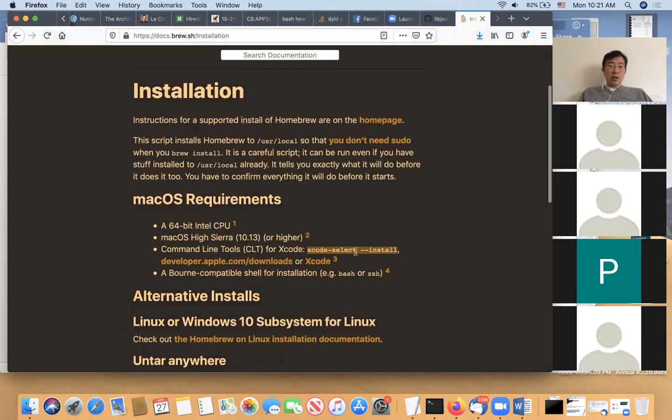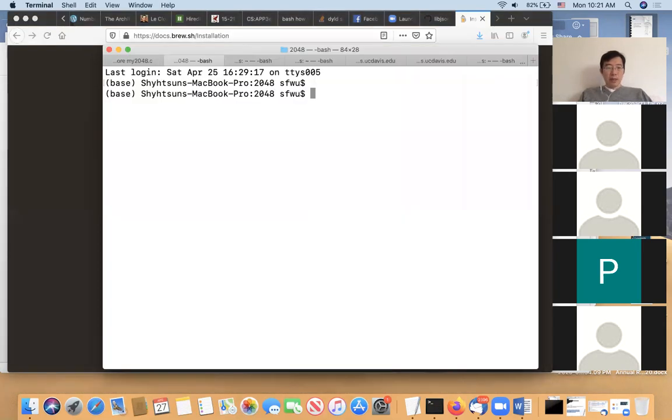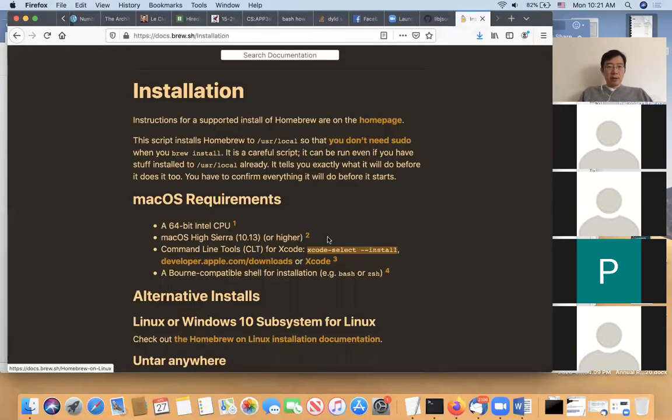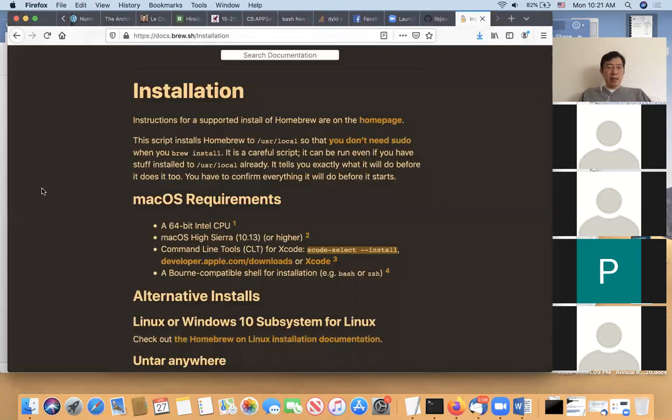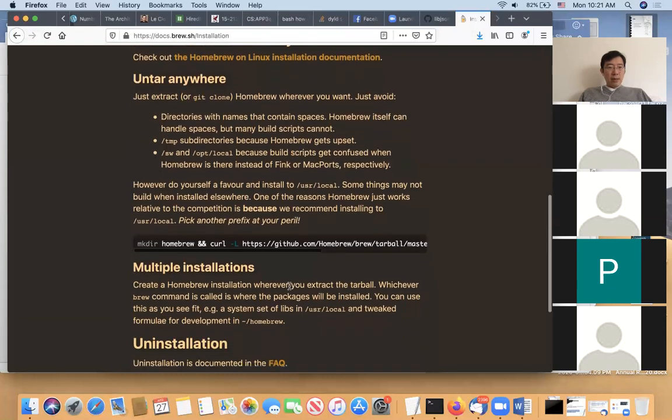No, this just tells you to install Xcode, I think. This is just Xcode, not the brew installation, but let me check. xcode-select, let me copy and paste. It says to use software update. Mine is already installed, so I cannot use this line. So if you run this code and know your Xcode is already installed, then I think somewhere here